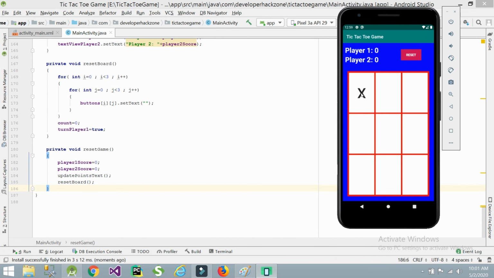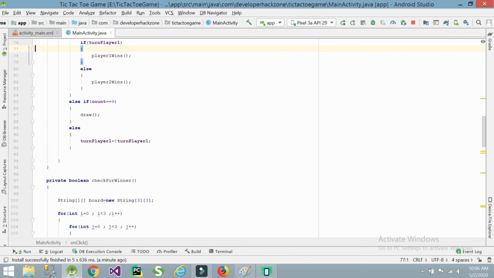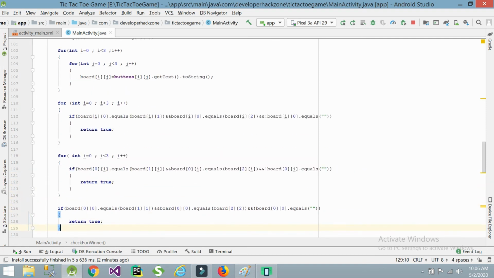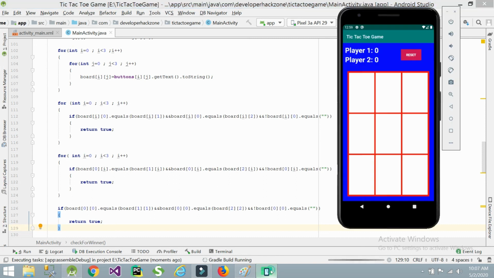It's our game, like player 1 turn is player 2. Sorry, player 1. We have made some mistake here, guys. We need to check the winner logic once again. For the condition here we made a mistake. We need to check that the dot is empty, but we are checking for 0 i, so that's why it was showing someone is the winner. Now check it once again.